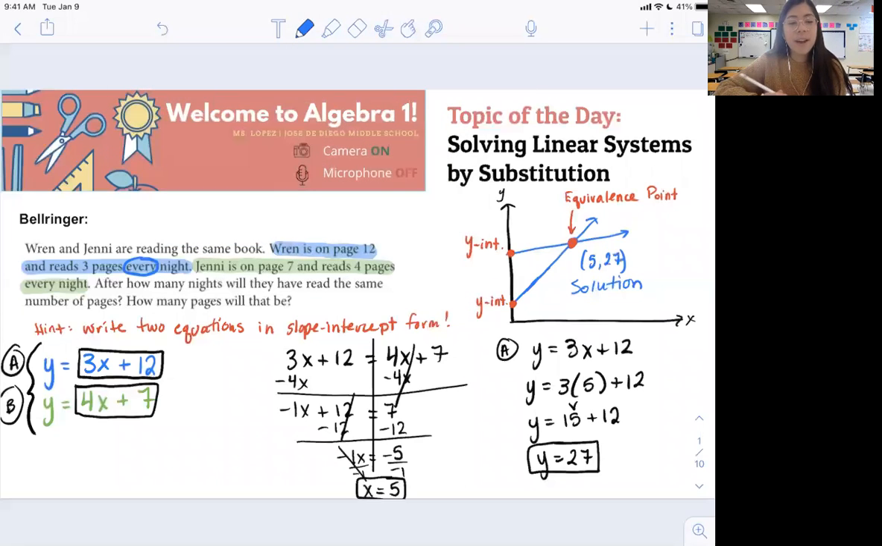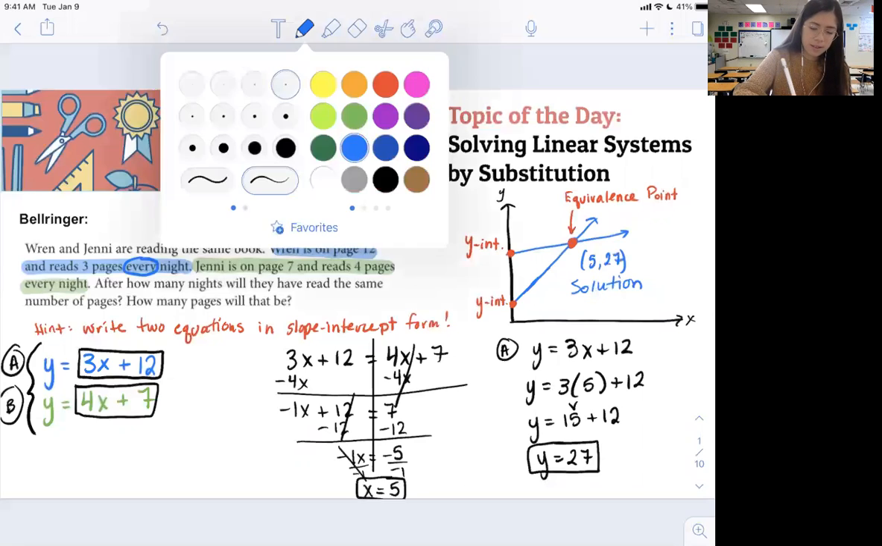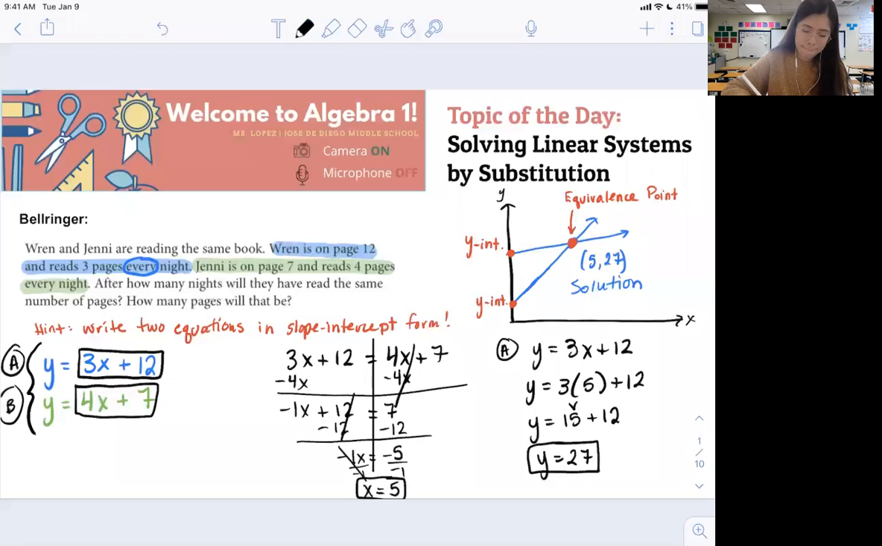Okay. 5 comma 27. Now, what do those numbers actually mean? 5 nights and 27 pages. I put that in the chat. Yeah, you did put that in the chat. I didn't answer you because I wanted to make sure we understood how to get to that point. But yes. I did mine the easy way. What was your easy way? I just kept adding up